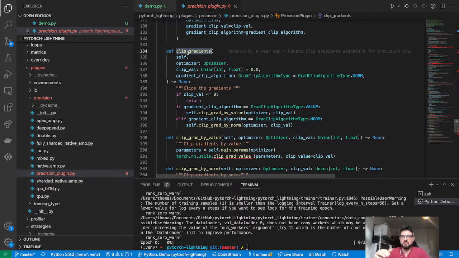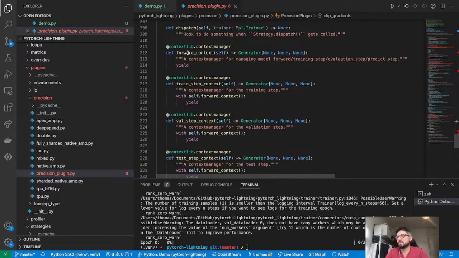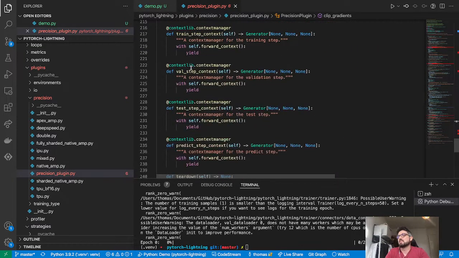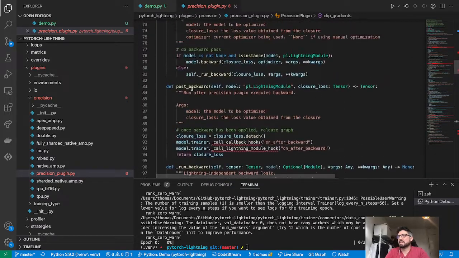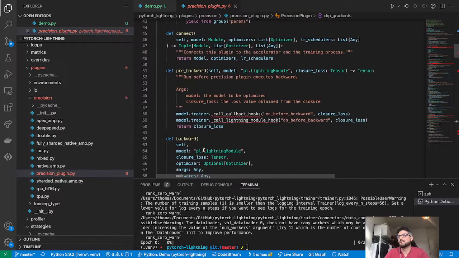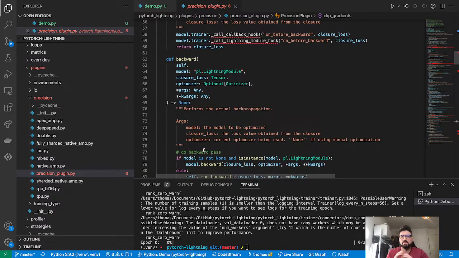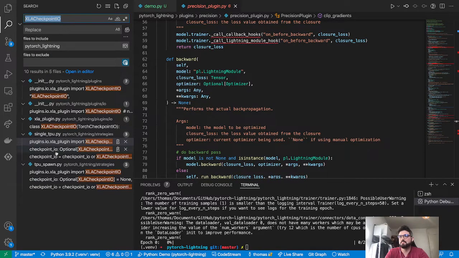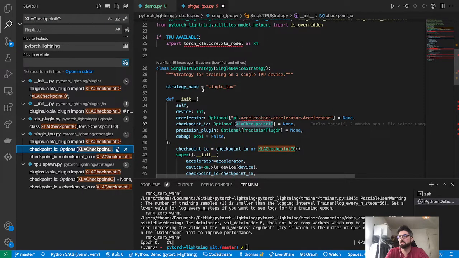So I'm really browsing through the code looking for the function names, right? Because that should already give me some very good information on what this thing should be doing, right? I didn't really look at what's implemented, but I already know that precision seems to be the component responsible for performing the optimizer step and backward step, and it seems that backward is also specific to the strategy, right? So if we remember how things were built previously, we had this concept that a strategy was taking a precision plugin, right? So it seems that the strategy, which might be single process, or